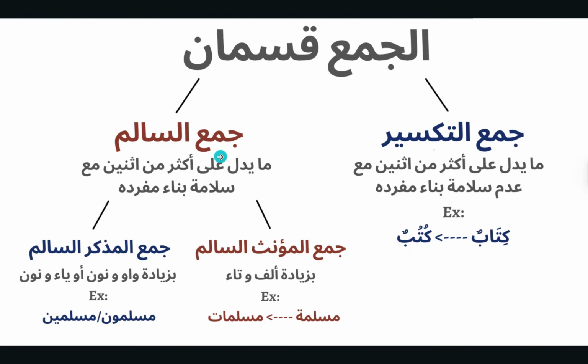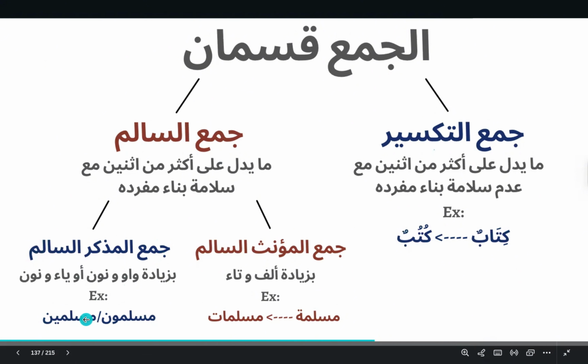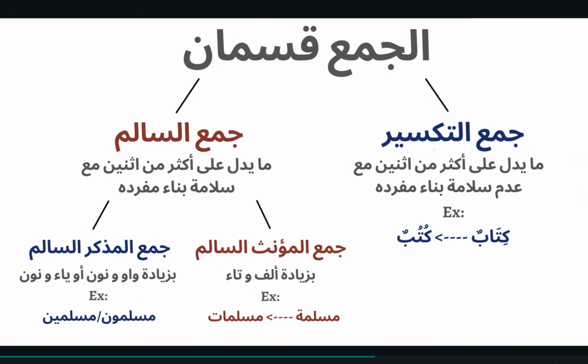And then it can be further classified into جمع مذكر or جمع مؤنث, right? So جمع مذكر سالم is بزيادة واو ونون أو ياء ونون, when you add a waw noon or a ya noon depending on the Arab. So muslimuna, muslimina. Here we see that the singular form of the word, which is Muslim, stayed the same. I just added a waw noon at the end, just like I would add an s to the word teacher